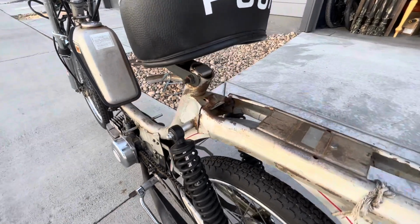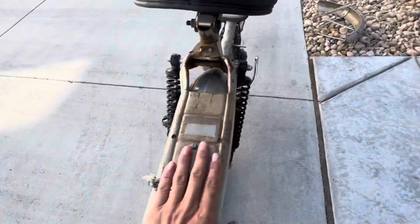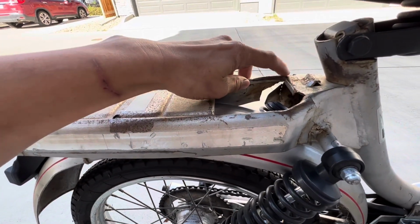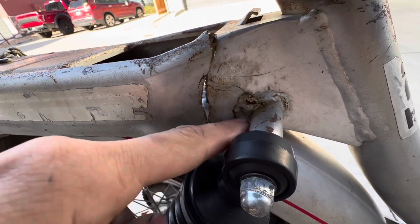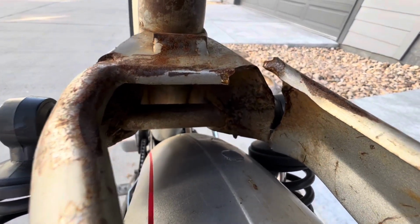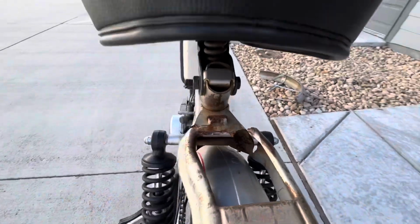Going over some more of this damage, you can see that cracks are running all the way through this rear luggage rack. That also holds up the rear fender, and it has cracked all the way on this side, and it's just holding on barely at the top over here. Looks like there were spiderweb cracks going throughout the bike, and someone tried their hand at welding, and you can see the evidence of that on the inside. Someone kind of did some splatter work in there, but I believe I can at least try to fix this or